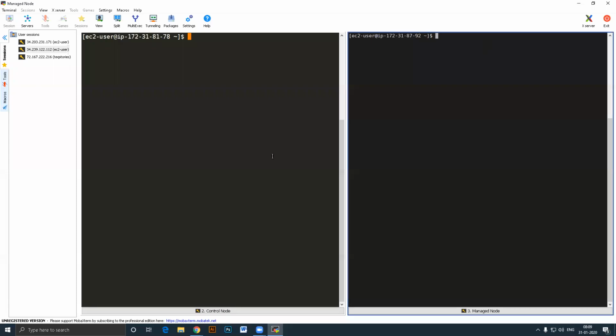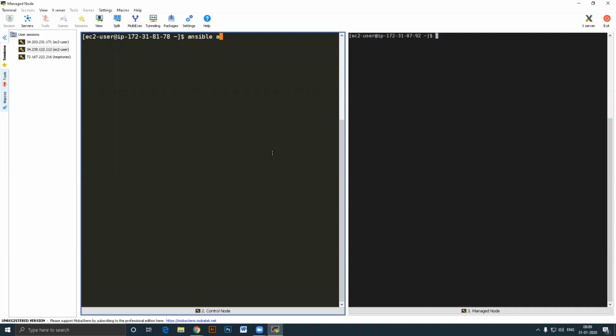Yes, in the last session, we have seen how we can go ahead and ping. If you remember, in here, if I write down the command of pinging, so if I write down the command of Ansible all -m ping,